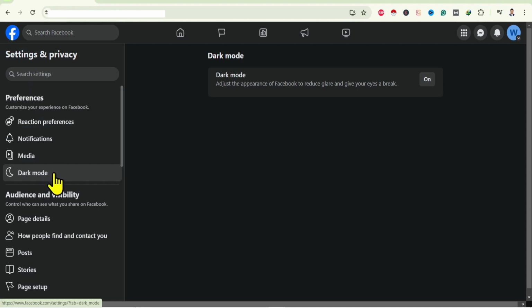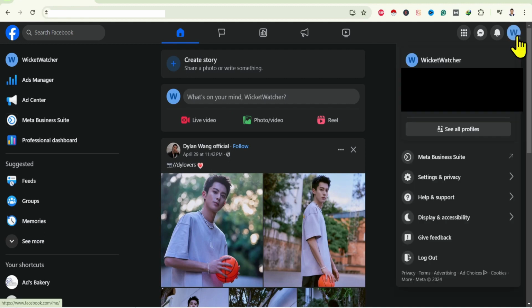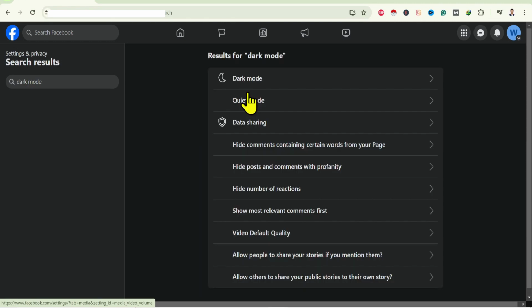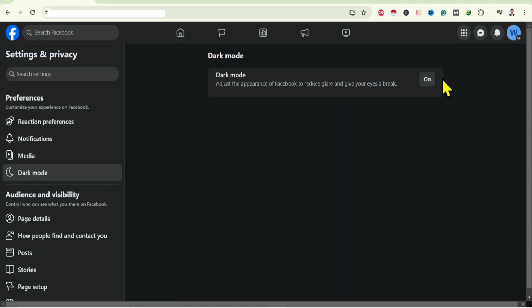Facebook keeps changing this interface. Now if you can't find this dark mode over here, first of all go to settings and over here search for dark mode and just press enter and on the top you'll find this dark mode. Just click on this and you can simply turn on from here as well. So in this way we can turn on dark mode on